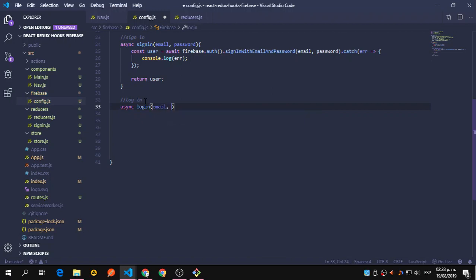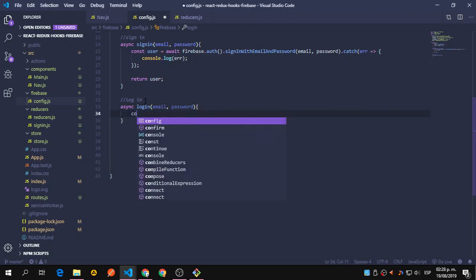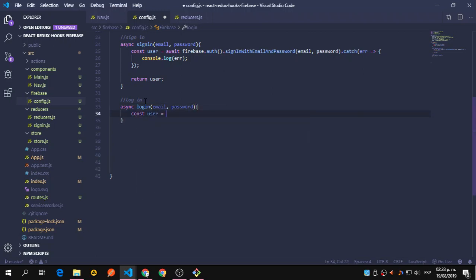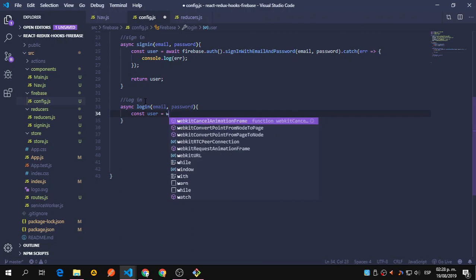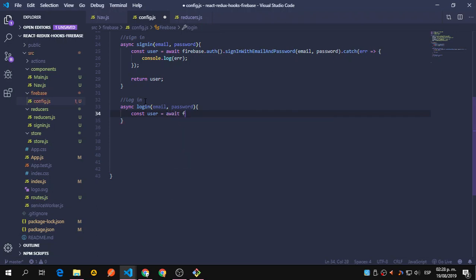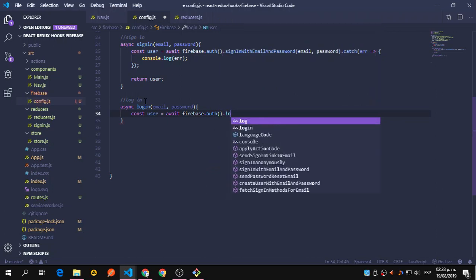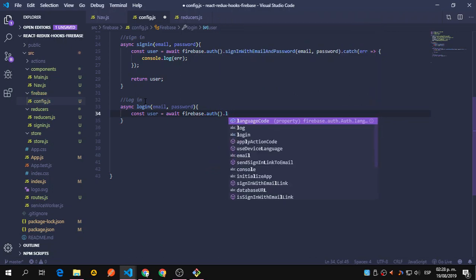It also requires email and password. The same const user is going to be await Firebase auth. In this case, it's going to be login, or